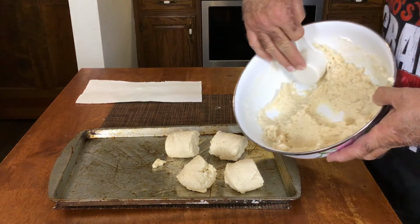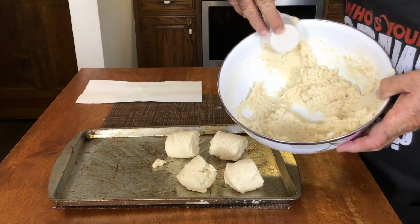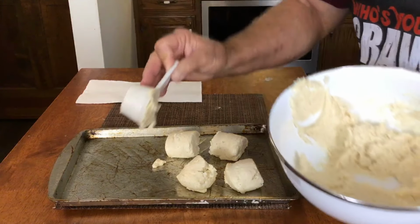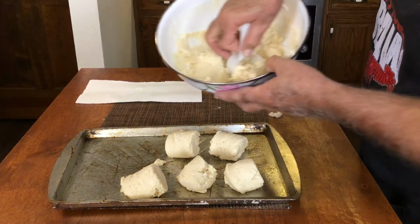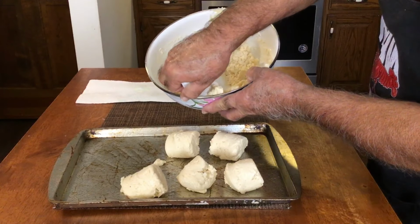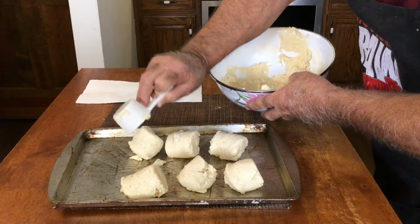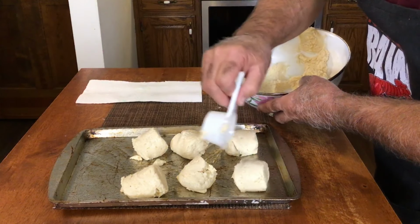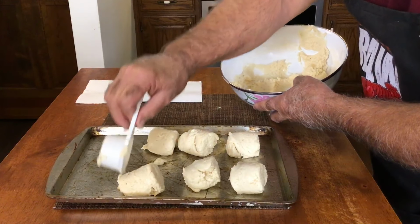I'm just going to scoop me one here. You scoop it there. Pull it up. Drop it out. Get me a good scoop of it here. Press it against the side. Bring it up. Drop it out. You may have to resituate them as you go along. As you can see, I ain't getting mine exactly straight there, but